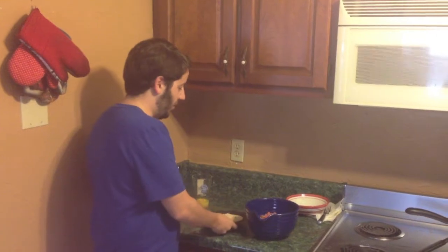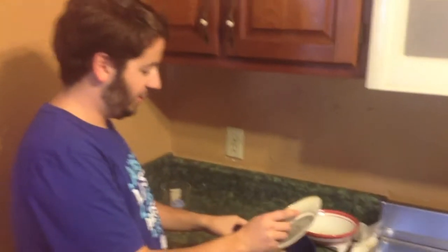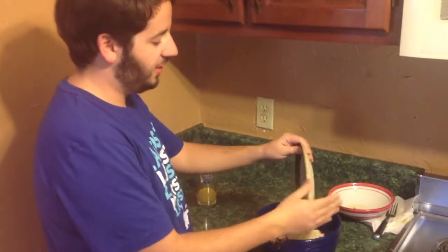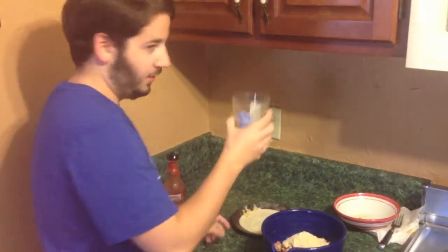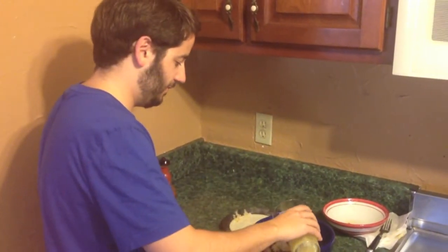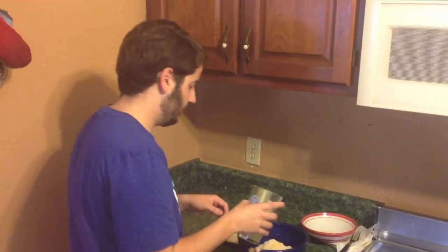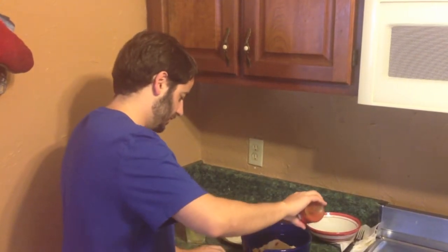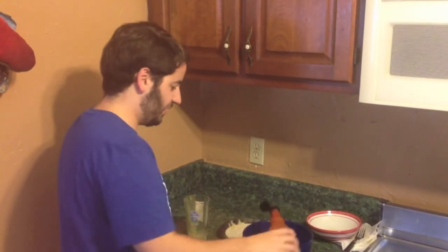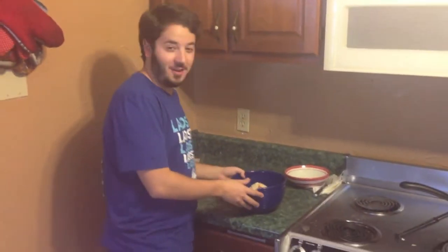Then we're going to put 1 tablespoon of hot sauce for the flavor. So what you do, just put all these ingredients in with the meat that's already mixed together. Put the garlic and the breadcrumbs, egg, and a little flavor. That's a spicy meatball. Alright, so I'm going to mix these up, but while I'm doing this and before we go and fry them,